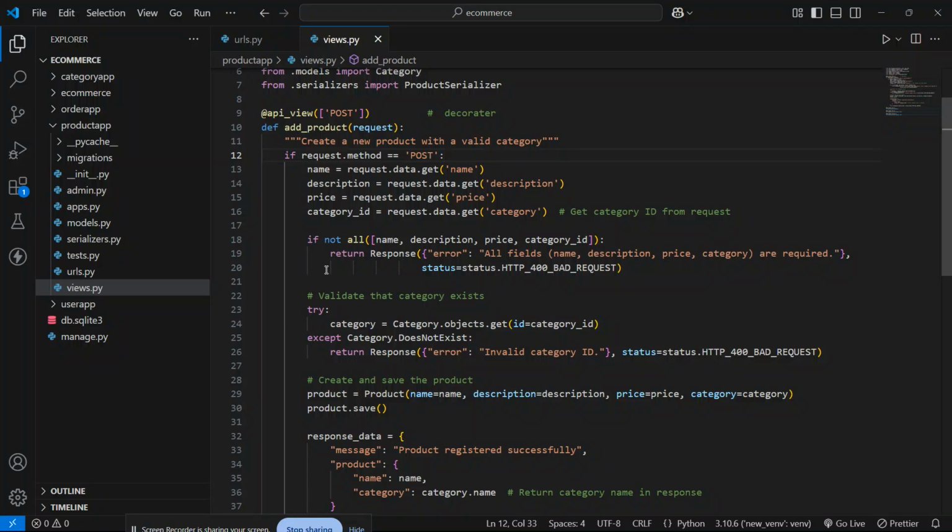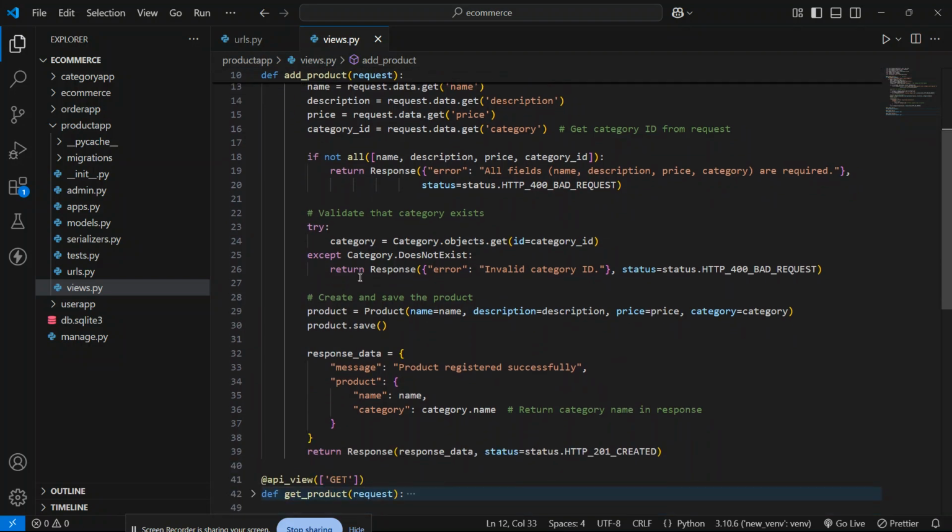But if any of the values, the name or description or price or category ID, is not present, it will show an error response that all fields are required, with a status code of 400 bad request. After that it will perform a try and except block, which will check from the category table whether the ID is present or not.